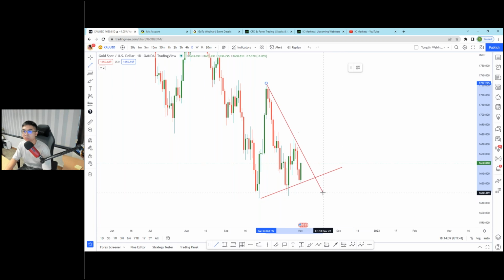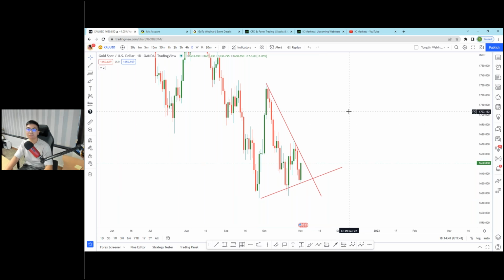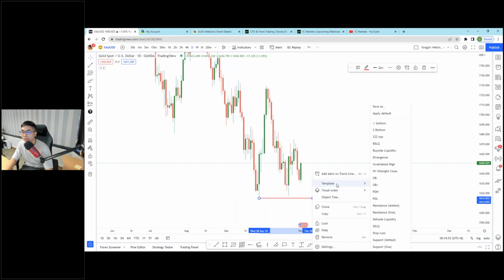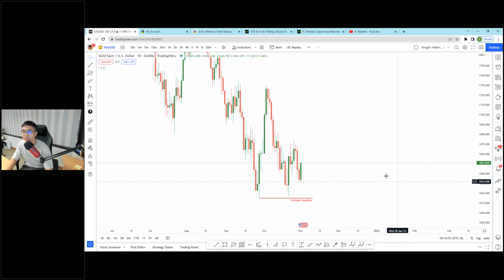A lot of retail traders say it's in some kind of triangle, and they will try to fit in all these kinds of lines. But for me, I don't see that. I see it as there is multiple liquidity lying right here. What do I mean by that on the daily? Sell side liquidity. So you're looking at this area, this week, and this week. There is a possibility that price can come down to clear all this liquidity resting right here before it bounces back up. But why am I not looking at the top?